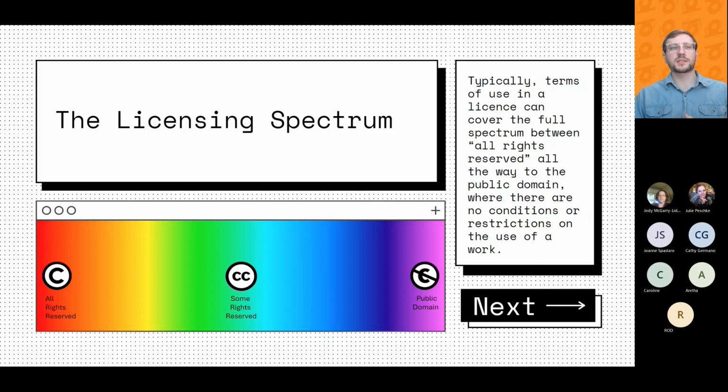As a general rule, most things that are in the public domain enter the public domain because of old age. I believe in Canada, it's now the life of the author plus 70 years. After that, something enters the public domain. So let's talk about open licensing in a little more detail here.